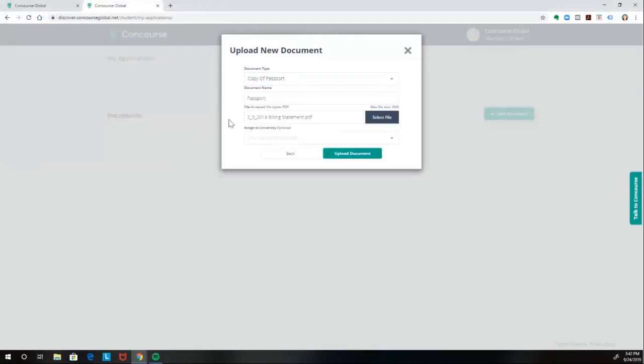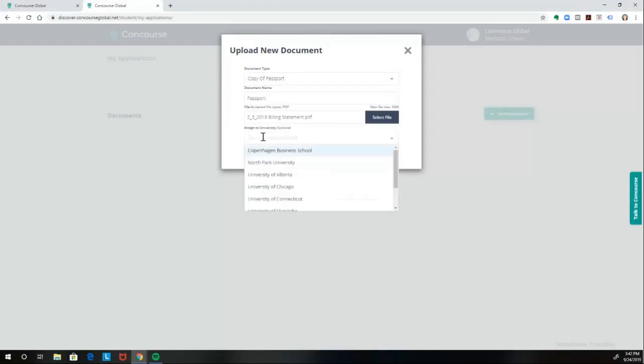This next piece is important. The student is then able to assign the document to a particular university. In order for the document to be able to be sent through Parchment, it needs to be assigned to a university. Some documents, like a personal essay, would only be assigned to one university, while a passport copy might be